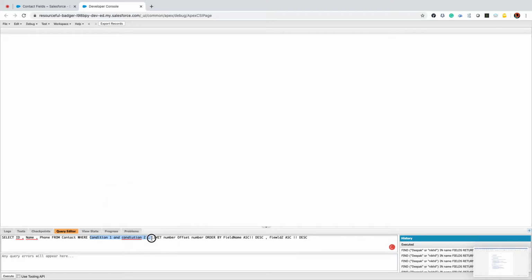I'll write a condition: where last name not equal to null and first name not equal to null, and then limit 100 records, offset 0.